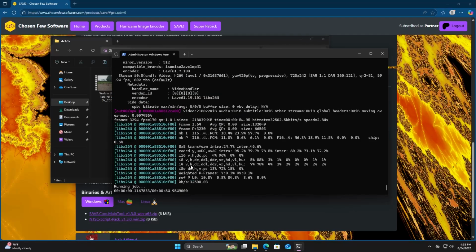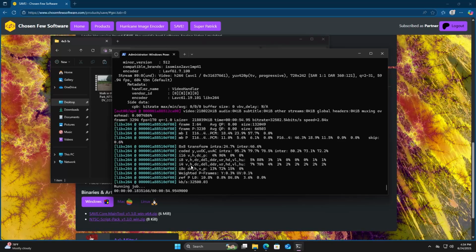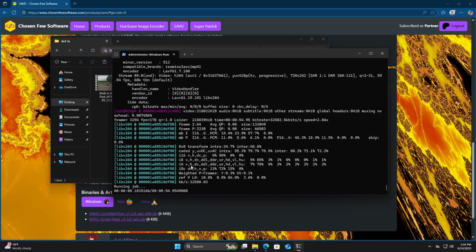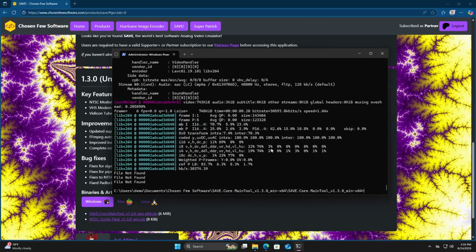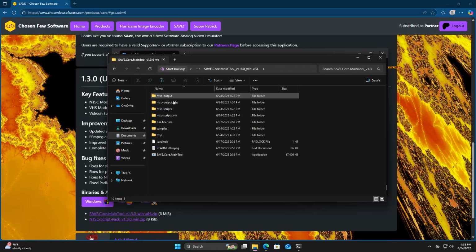So as you can see, the VHS filter is much slower to process. That's because the signal has to undergo a lot more processing than the simple NTSC modem. If you're not happy with the performance of this filter on your machine, please let us know because we're always looking to improve our products. So now that the VHS files are done processing, I can actually go ahead and find those in the NTSC